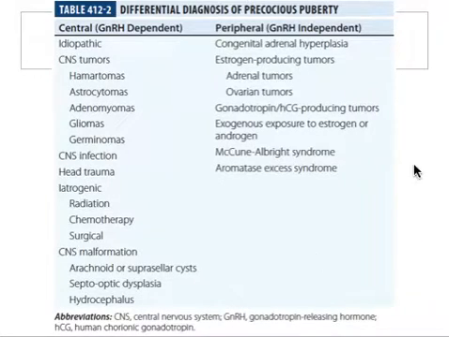gonadotropin production. If it's GnRH independent, you can have congenital adrenal hyperplasia, failure of your androgen secretion, depending on which enzyme is involved. Then you can also have some estrogen producing tumors. In congenital adrenal hyperplasia, you will have androgen overproduction because of a block in the production of your glucocorticoid or your mineralocorticoid pathway. If your patient has adrenal tumors or ovarian tumors, you will have an excess in estrogen production, and so on